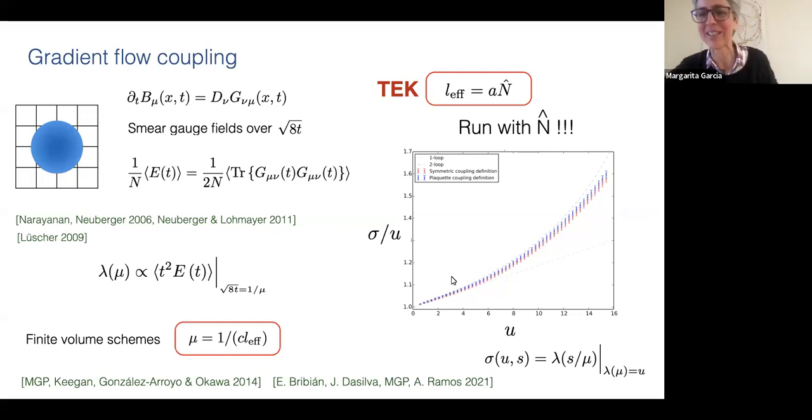Well, I'm not going to stop on the details, but in principle, you could determine the running of the strong coupling constant in the large n limit running with n instead of running with the size of the box, which is one of the consequences of this volume independence kind of game, right?